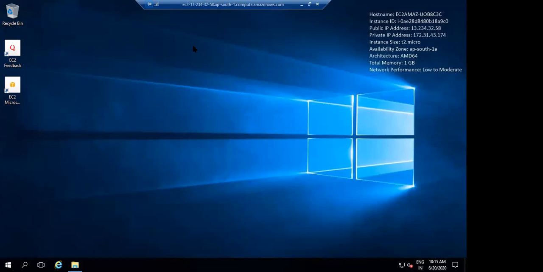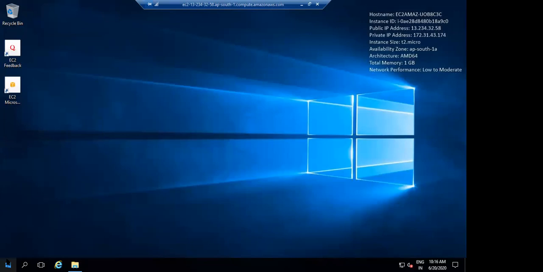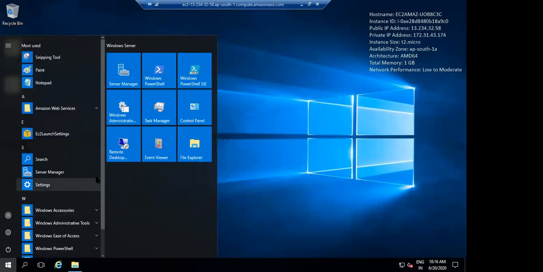Okay, I logged into the server, right? The server which we provisioned now. I'm inside the console. I logged in. Okay, so I'm going to the Windows button. I get different options and all those things.